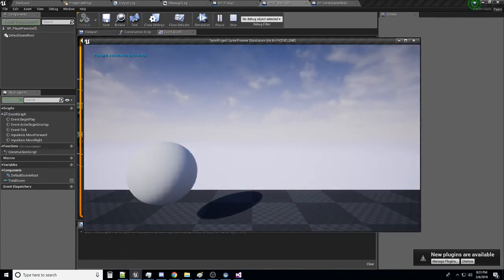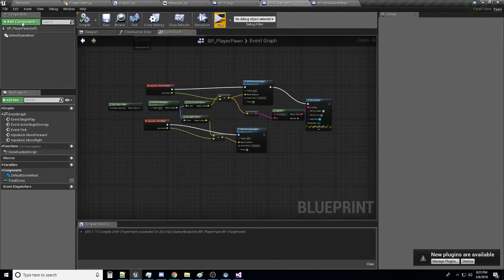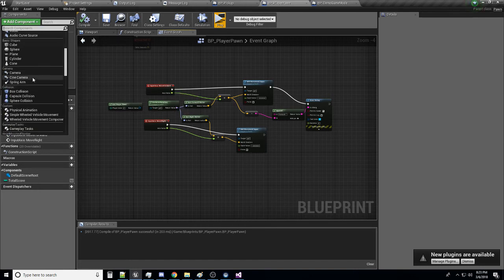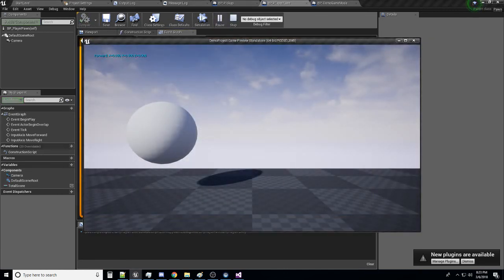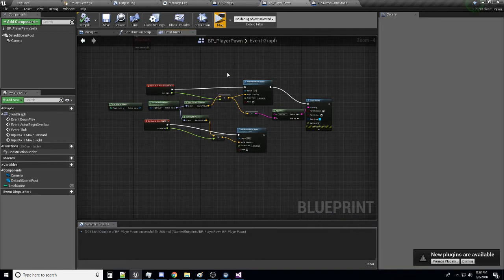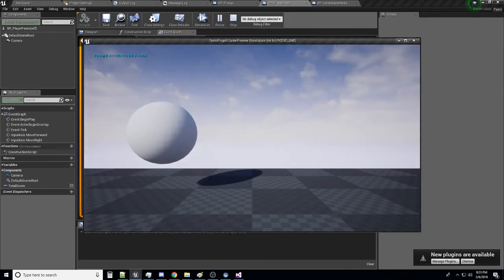If we hit play, oh, let's try adding a camera component. We may actually be moving the actor, but the view may not be changing. Nope, I was wrong about that. Alright, so the cool thing is, if I hit forward or back, we can actually see our value changing,